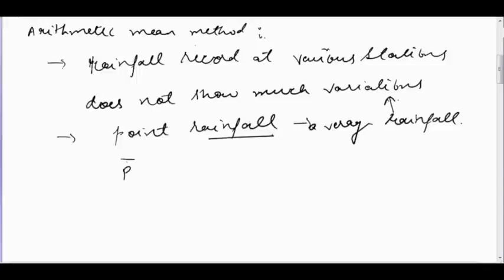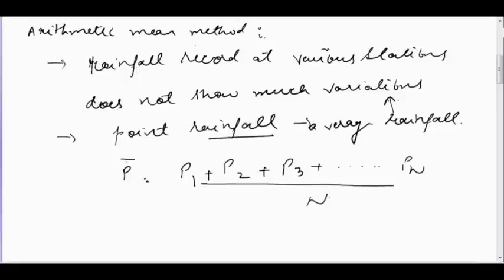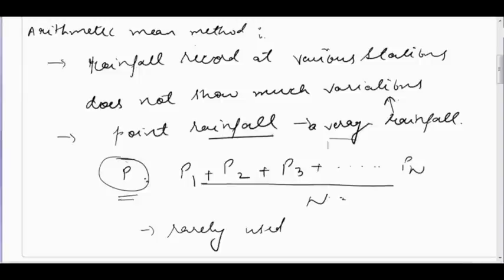In this case, your P bar, that is your mean precipitation, is given by P1 plus P2 plus P3, like this till Pn, divided by n. Let's say P1 is the rainfall recorded at station 1, P2 at station 2, P3 at station 3, and n is the total number of rain gauge stations installed in a particular catchment area for recording the precipitation. This is how you calculate the mean precipitation using the arithmetic mean method, but this method is rarely used as point rainfall in real life situations does not give the average rainfall, because rain gauges show variations among them. So the next method comes as